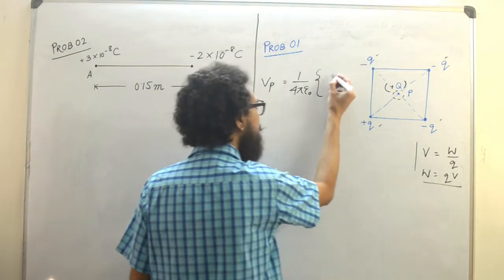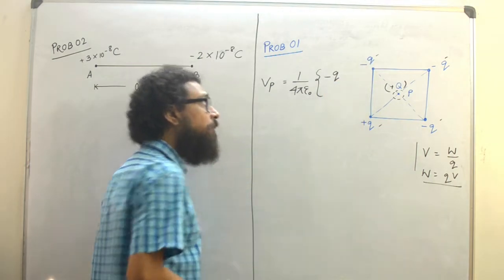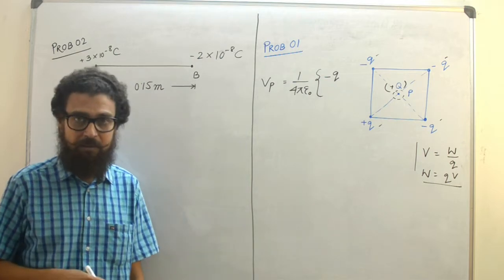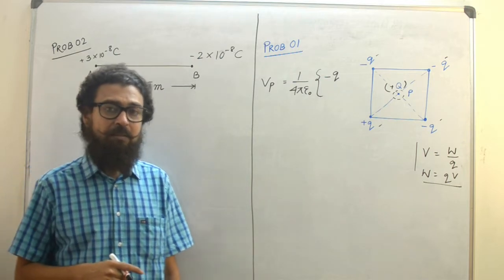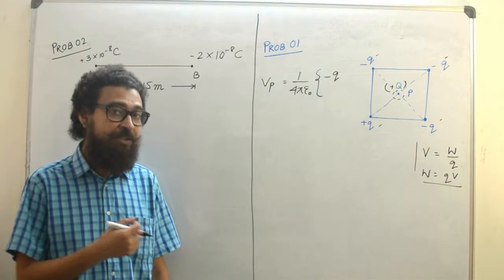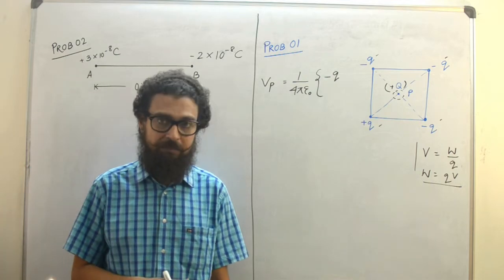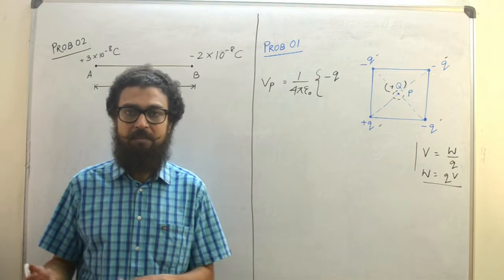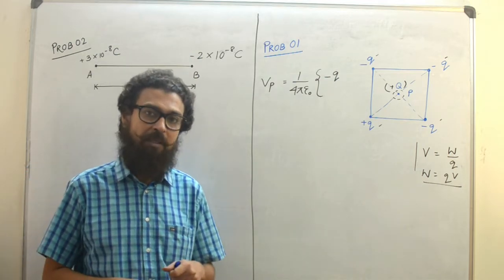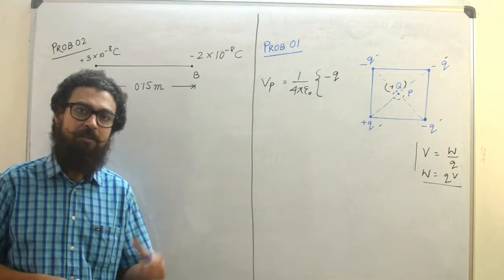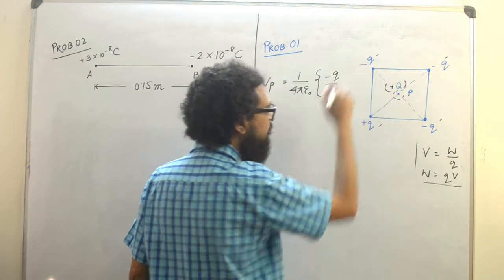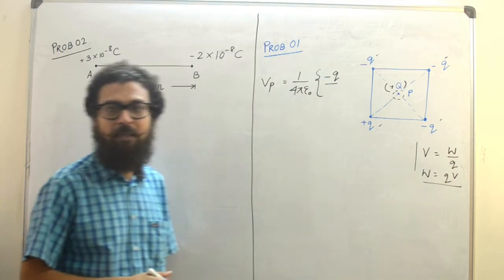So this is minus Q. We'll write minus Q. You remember in electric field or Coulomb's law, I told you to avoid giving the sign of the charges. The reason was that we had directions, and when we are mentioning the direction, we need not give the sign of the charges. We know the positive repels, two similar repel, opposite attracts and all. But here we have to give the sign because it is potential, it is a scalar quantity, so magnitude is important. So Q by, now this distance, you know, the length of the diagonal, if the side is say L,